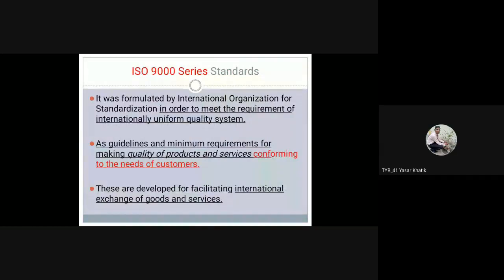Okay, so if you are purchasing any product in the market, you first have to see whether that product has ISO standards or not. It means, as per the government rules and regulations, whether that industry is manufacturing that product, yes or no. Okay, so in order to meet the requirement of an internationally uniform quality system,